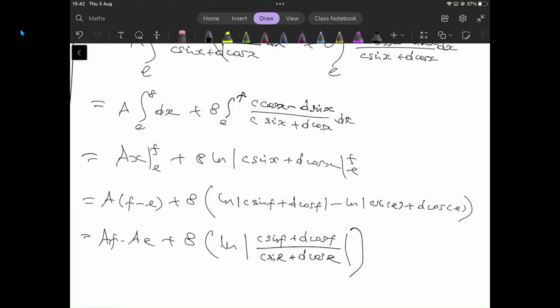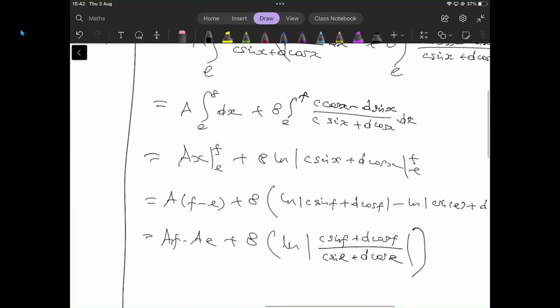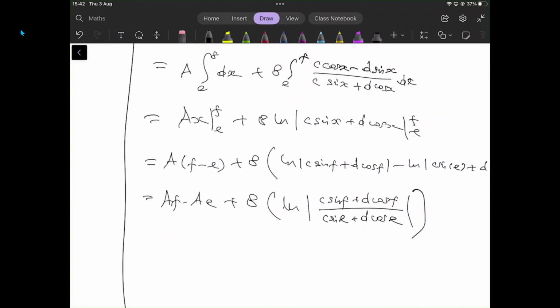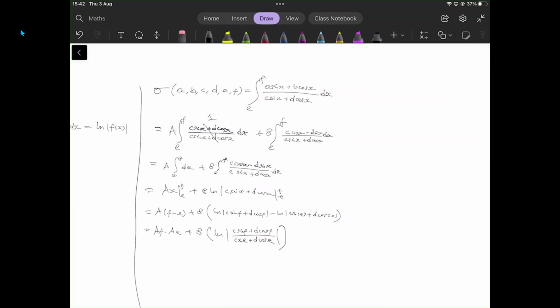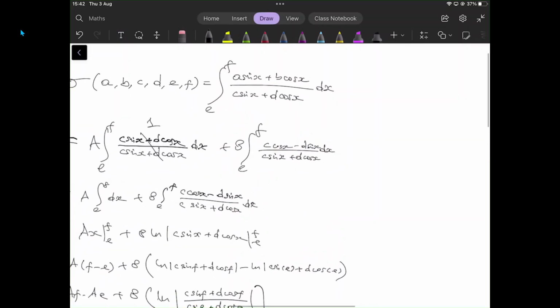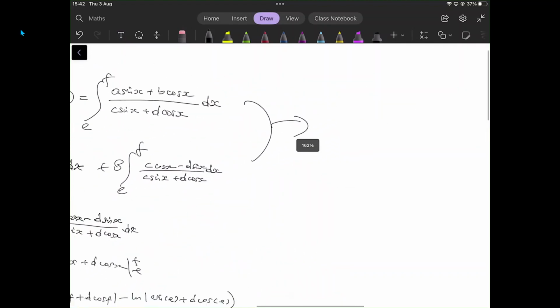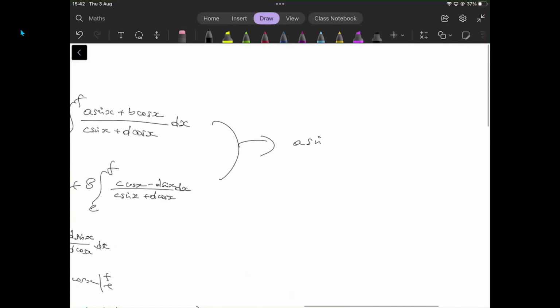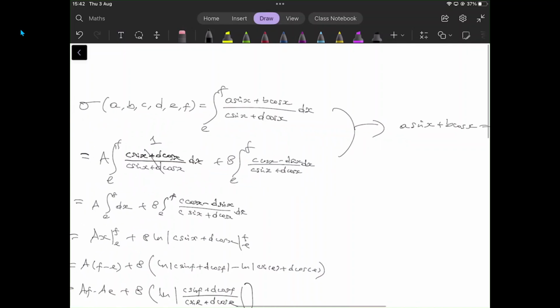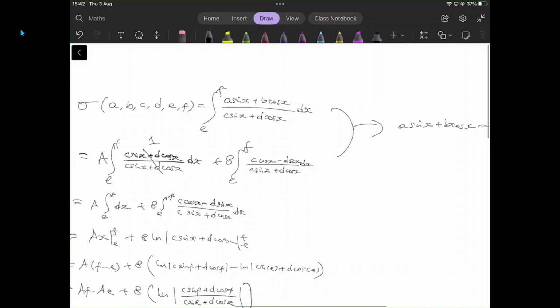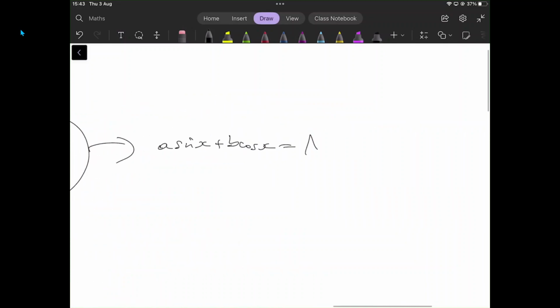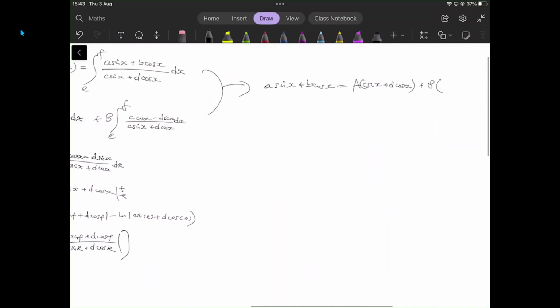And then that would be our answer, except we would need to find the values of capital A and capital B in terms of lowercase a, b, c, and d. So how do we find the values of capital A and capital B? What we do is, based on the first two lines, we would infer that a sine x plus b cosine x is equal to capital A lots of c sine x plus d cosine x, like this. There we are. Plus capital B lots of c cosine x minus d sine x,